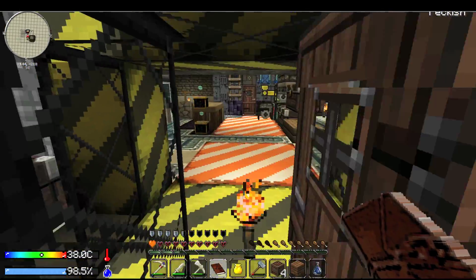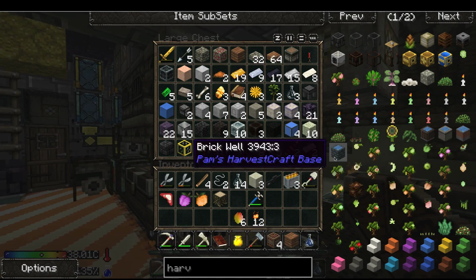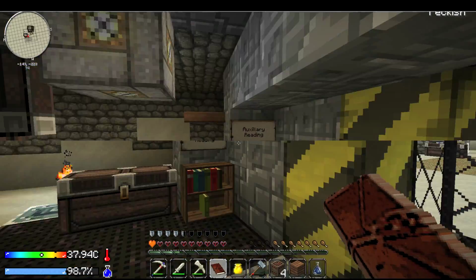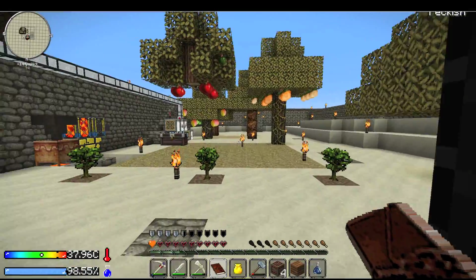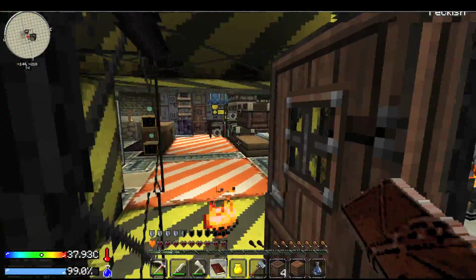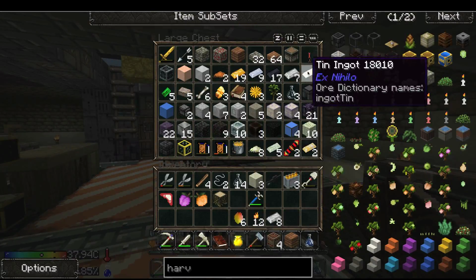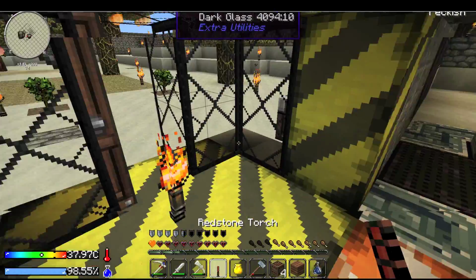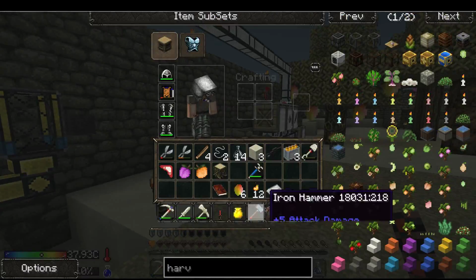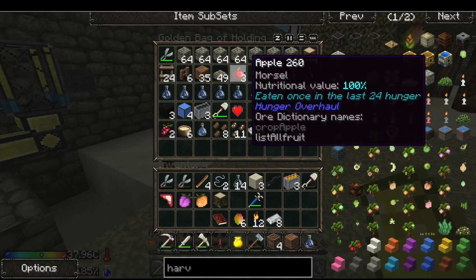Okay, let me get some iron here. Did I toss it in here? I did. Let's take 8. That's fine. Okay. So, again, Pneumaticcraft. Hold on. Let me get a... yeah, you'll do. You'll do, pig. Okay. So, also, bag of holding...